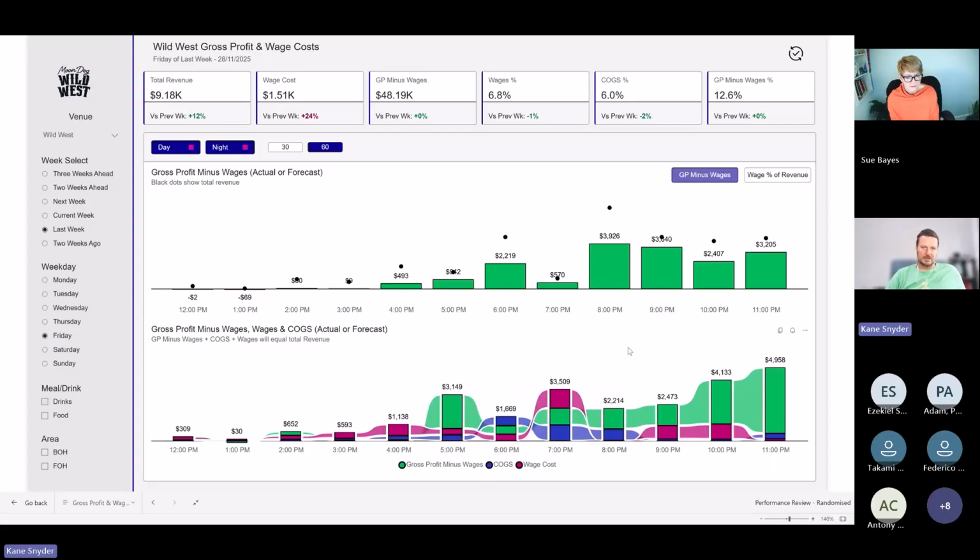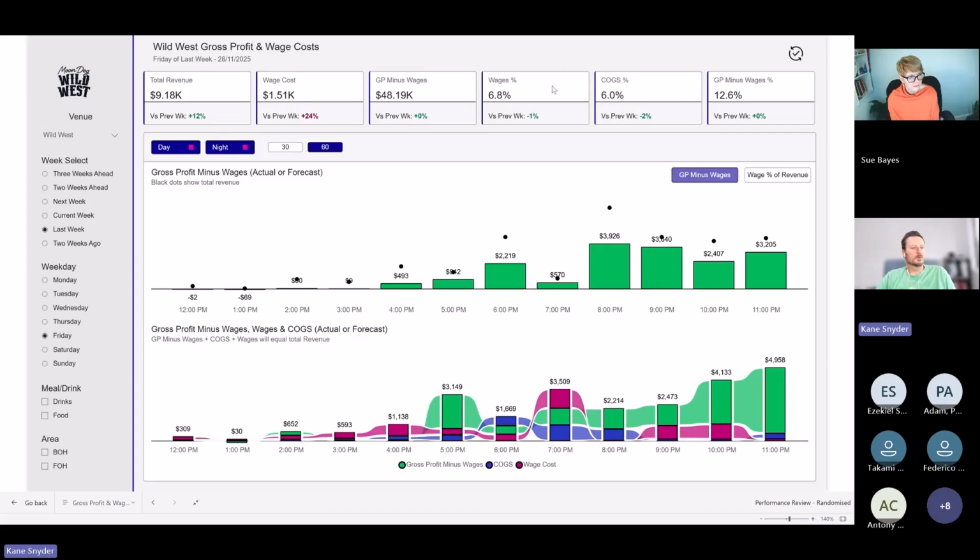So just looking at the relationship between those things over time and seeing for a particular day, and then there's more reporting obviously that you can drill into to try and answer these questions. Why on this day at a particular time was our cost of goods higher than both our wage cost and profit, and these types of things.